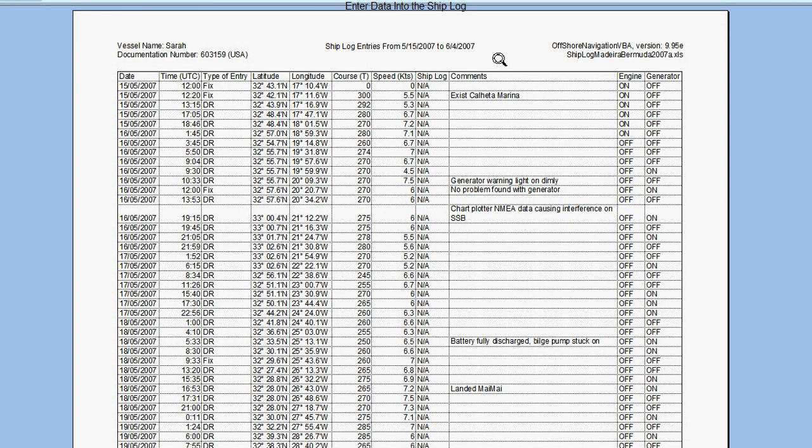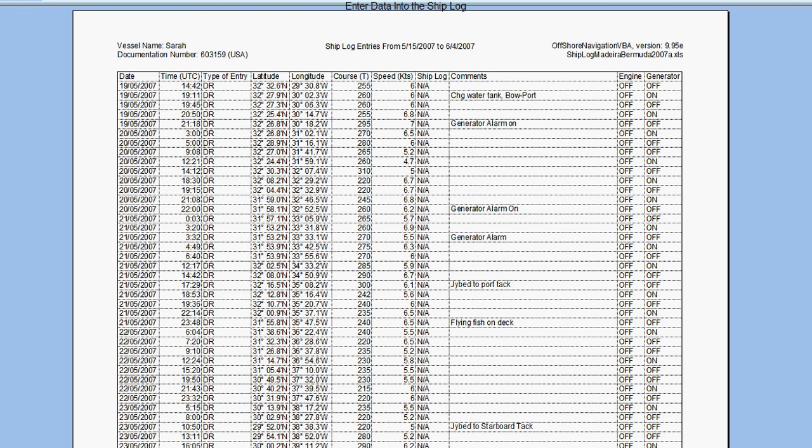And here's the ship log that would be printed out. This is in the Excel preview, print preview page. But you can see that the DR positions that were calculated, the times of each of the entries, and up here there's information on the ship, and at the bottom of the page,